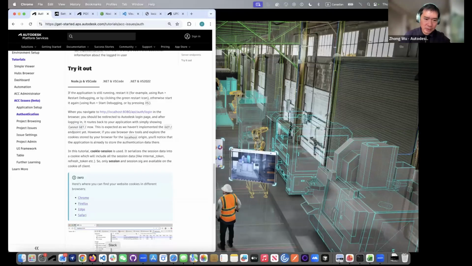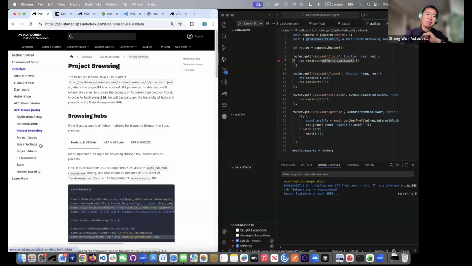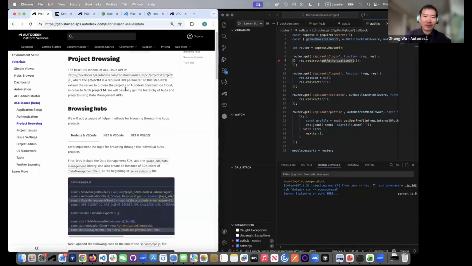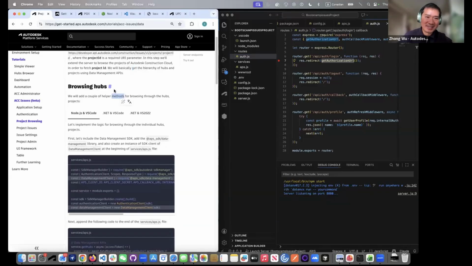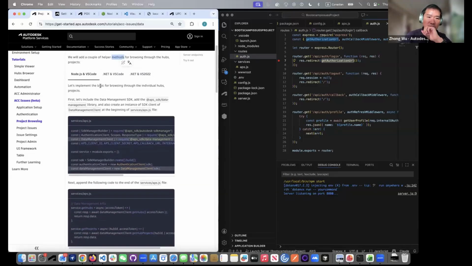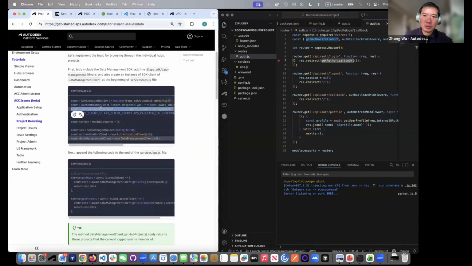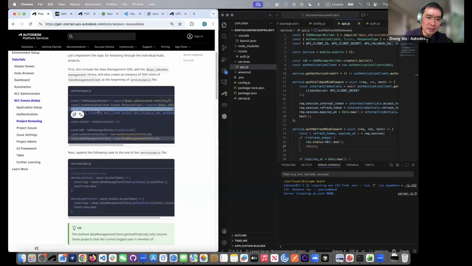Okay, I stop debug. So we are going to do the project browser. This one we will go a little bit quick because the framework is the same. So first thing is that we need to implement the logic for browsing through the hubs and projects. What we need to do is add some services in the APIs.js. So what we need to add first,